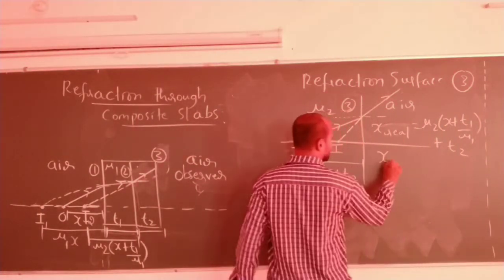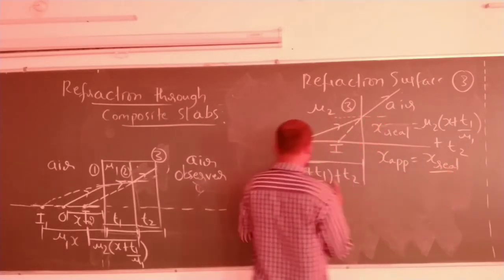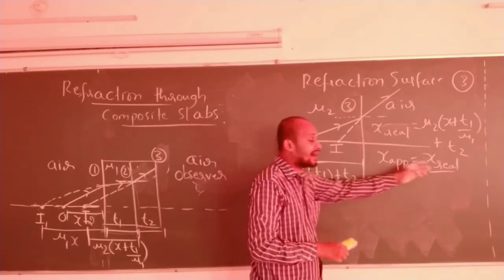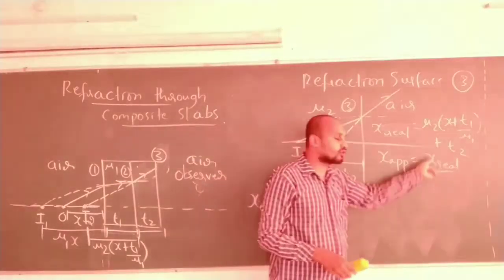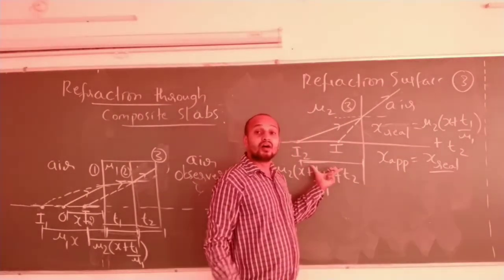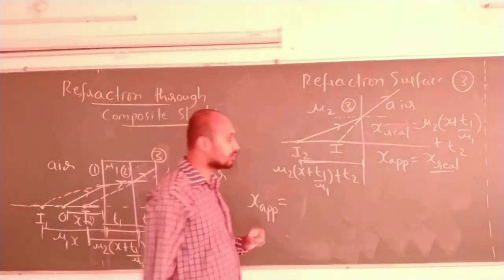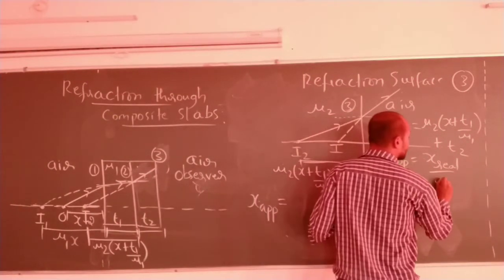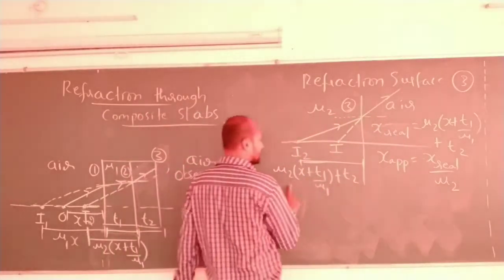So from here I can say x apparent will be x real divided by mu, since this shift is a small distance. See how to remember: as compared to real depth, if apparent depth is small, you have to remember it as divided by mu, the refractive index. If apparent depth is more, you have to multiply by the refractive index. That is how you have to remember. Got it now? So x real divided by the refractive index of the denser medium with respect to air, mu2 with respect to air. Correct now?